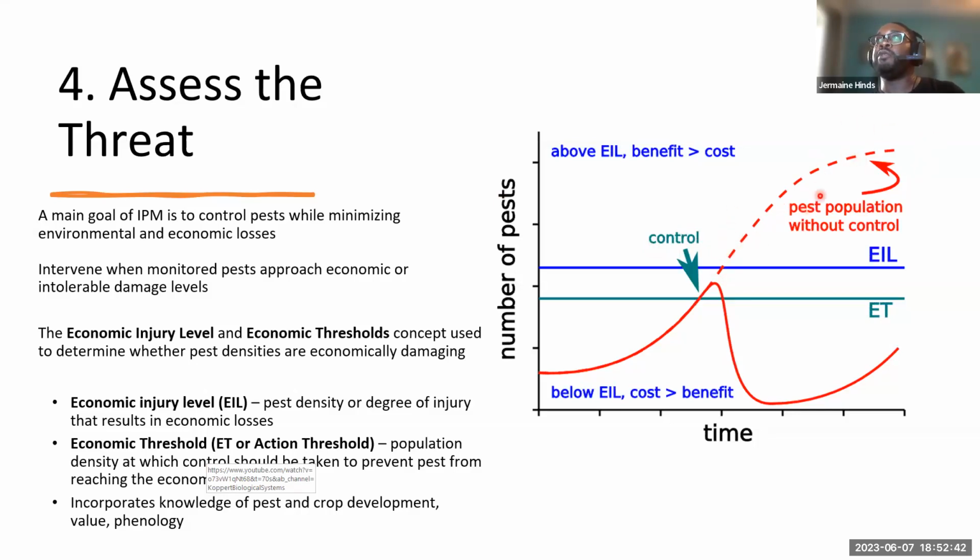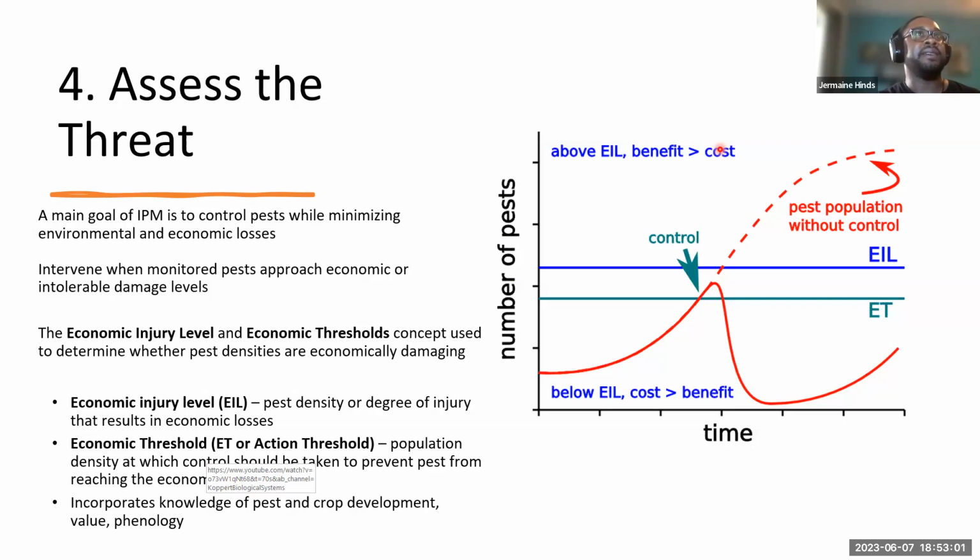That might be up here, where the pest population escaped. In this example, if your plant is half defoliated, there's a chance you could lose it, maybe not, depending on the plant. That's an example to illustrate that below this level, where they're not economically damaging, they can take some